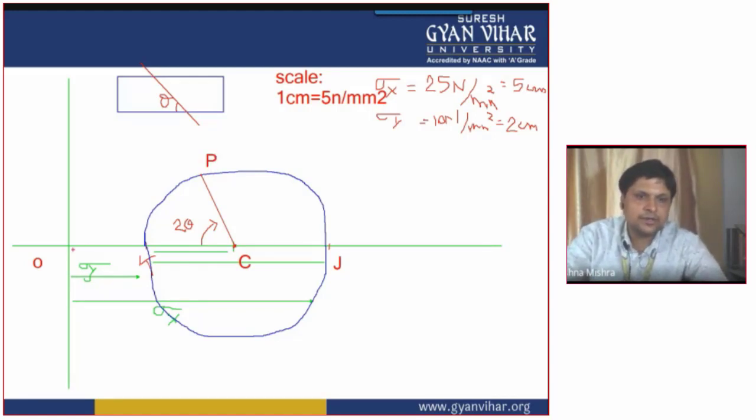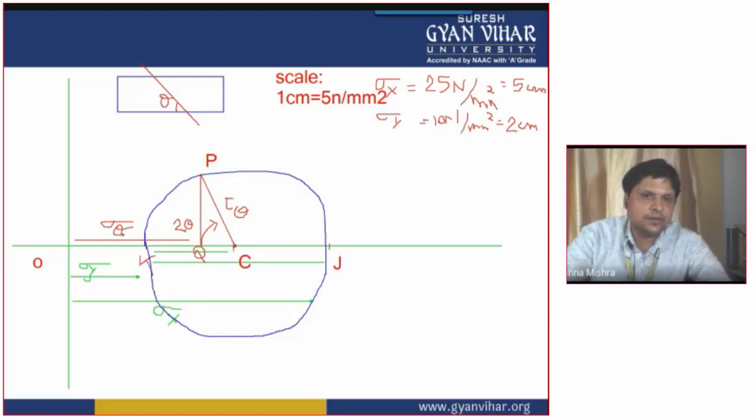Now, joining O to P, first of all draw the perpendicular line from this P in this way. This line gives you the point Q. This PQ gives you the value of tau theta, meaning in the vertical direction the value shows tau theta. And the value in the horizontal direction, from here to here, gives you the value of sigma theta, which is asked in the question.